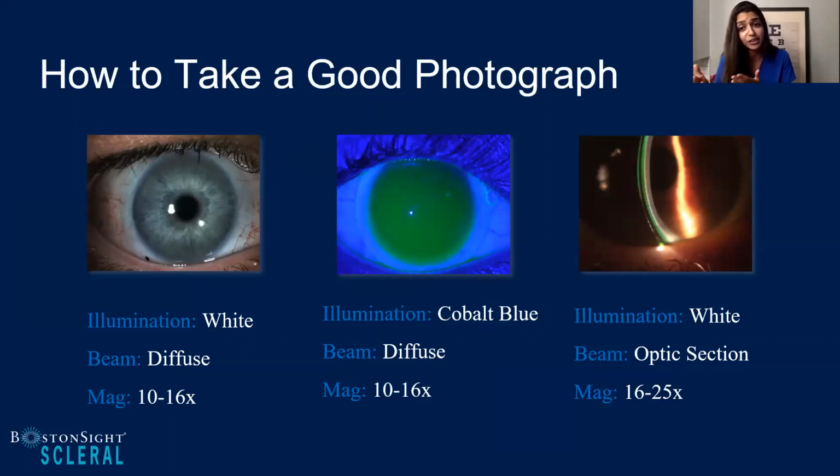If you're looking at your corneal vault, you're going to look at a very high mag, increased illumination, a really tight optic section, using your filter to look overall and assessing your fluorescein pattern, and then using nice quiet diffuse light on lower magnifications to look at that overall picture of the scleral landing zones as well. So practice makes perfect. Take those photos and you'll learn and get better. We're not photographers by trade, but we know for a fact that it definitely helps us improve our skills the more we capture these images.